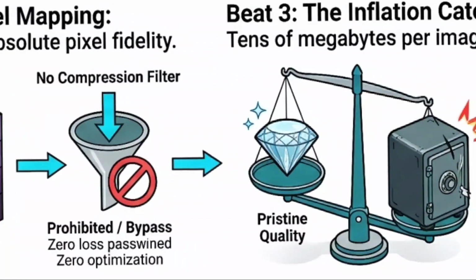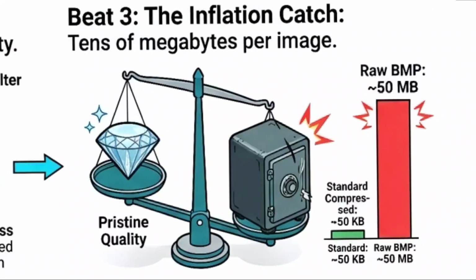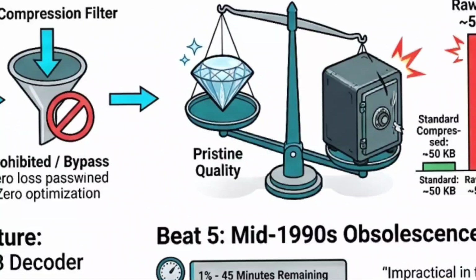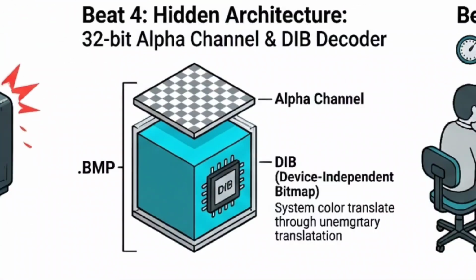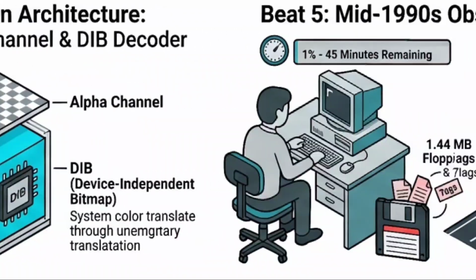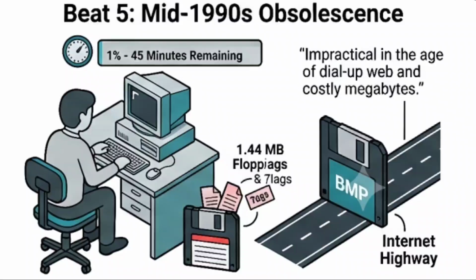While this preserves pristine quality, the catch is massive file inflation. A standard photo that normally measures in kilobytes can easily balloon to tens of megabytes as a raw BMP. It does feature a couple of clever tricks, such as supporting transparency through an alpha channel, accompanied by a DIB, device-independent bitmap, component hidden inside to tell the system how to interpret the raw data. However, by the mid-1990s, the emergence of the Internet combined with expensive storage meant these massive files were no longer